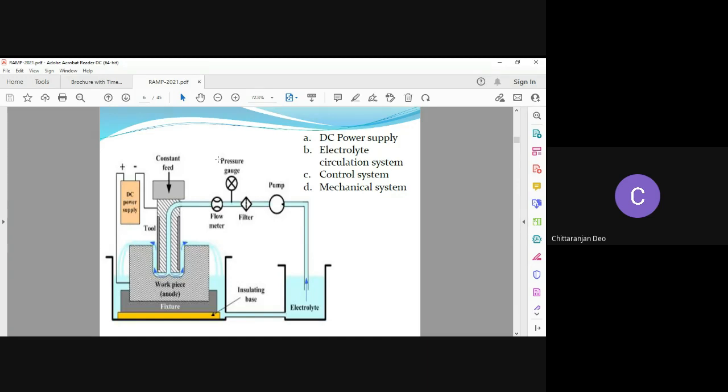The entire electrochemical machining equipment consists of these four systems. One is the DC power supply, second is the electrolyte circulation system, third is the control system, and last, the mechanical system. From an industry point of view, the DC power supply